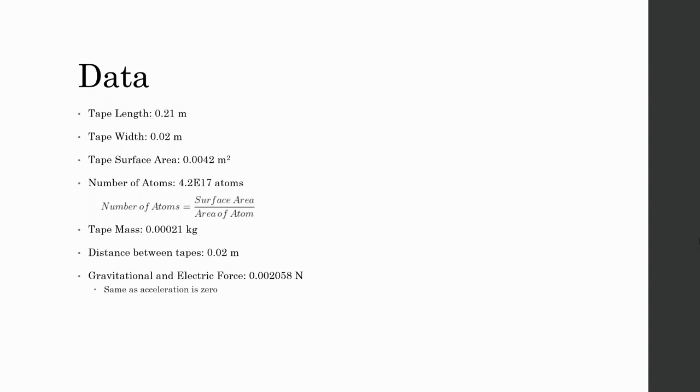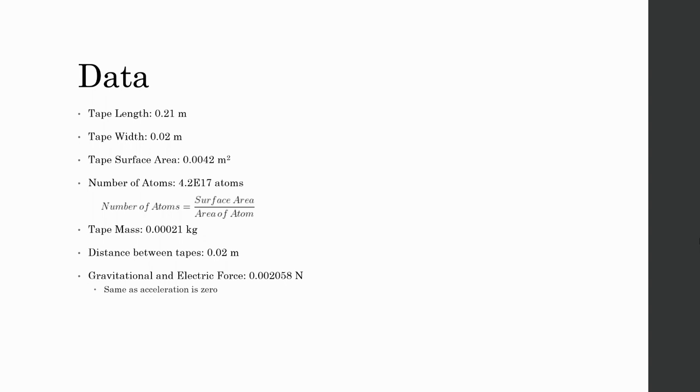Using a ruler, the length of the tape is 0.21 meters and the width is 0.02 meters. Using those measurements, the surface area can be determined, which is 0.0042 meters squared. By following the equation shown, the surface area was used to determine the number of atoms in the tape, which is 4.2E17 atoms. Since we know that 1 meter of tape is 0.001 kilograms, we can calculate the mass of the tape as 0.21 meters, which ends up being